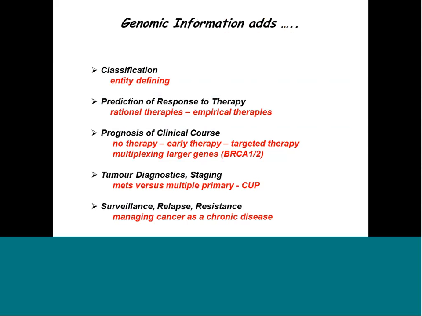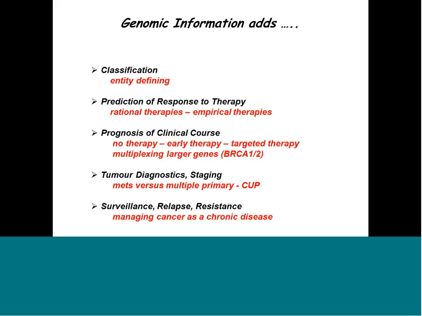In sarcomas, in many instances, the specific genomic lesions are defining the entity, also in lung cancer, as I showed you. In breast cancer, it's now applied to subclassify the types. We need these sequencing informative gene panels to predict responses to therapy, to move away from empirical therapies, to find out and predict who will be a good patient for the correct drug.